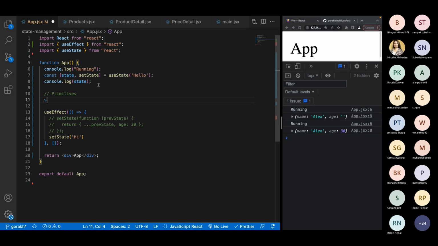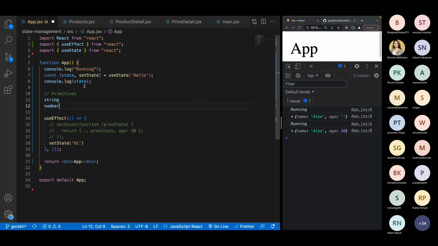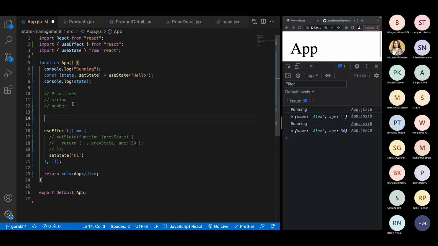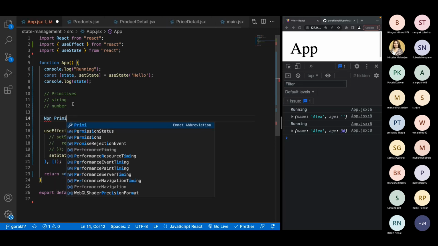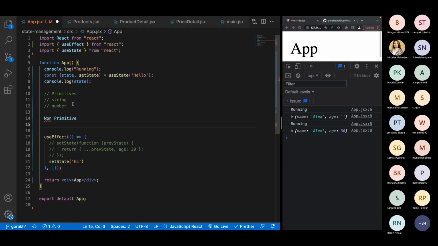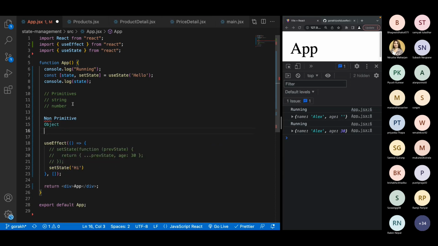Primitive values are string and number. If you have a string or number, you can directly update it in this way. But if you have a non-primitive value, let's say an object, or an array, which is actually an object as well, then you will follow the syntax instead of this one. Okay,